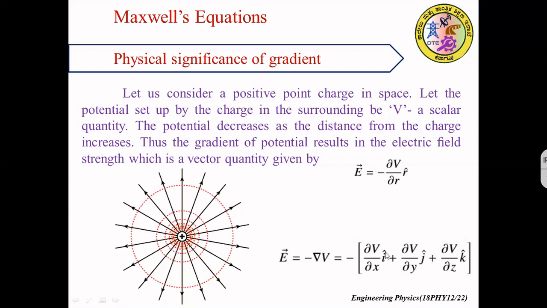In the Cartesian representation, E can be written as minus del V. This del is nothing but our del operator. So del operator applied on a scalar field, that is potential, gives us the electric field, which is a vector field. So this is called the gradient of a scalar field, and the del operator is being used as a gradient operator. We will continue with our discussion on divergence, that is del being used as divergence, in our next session.